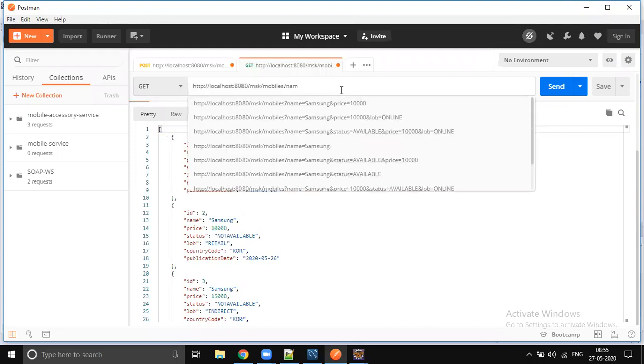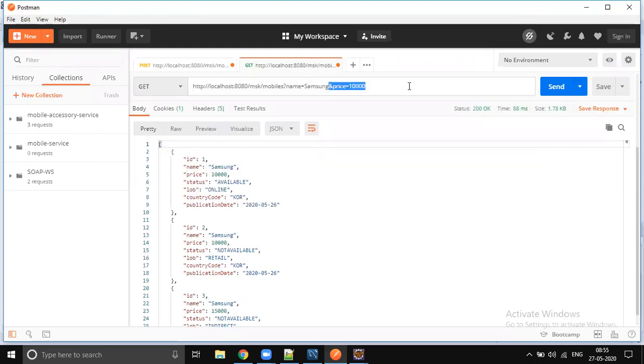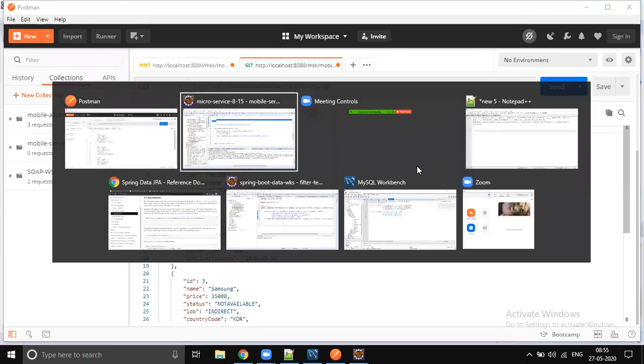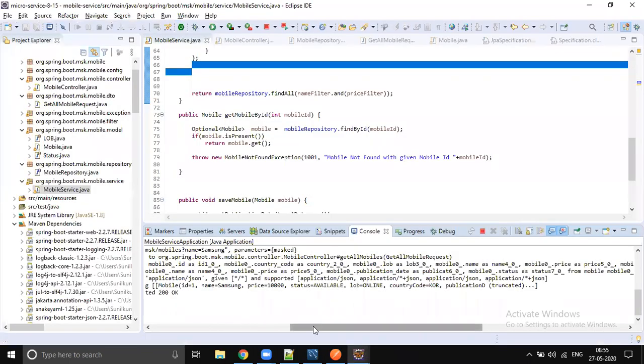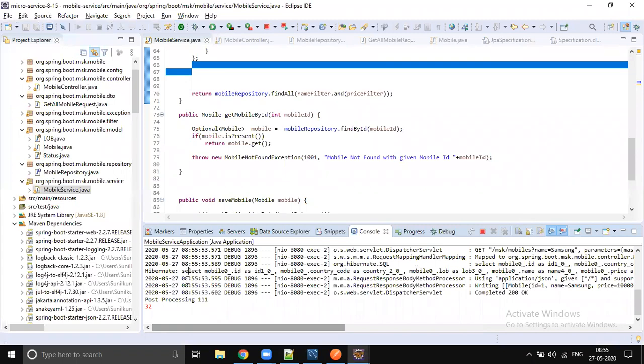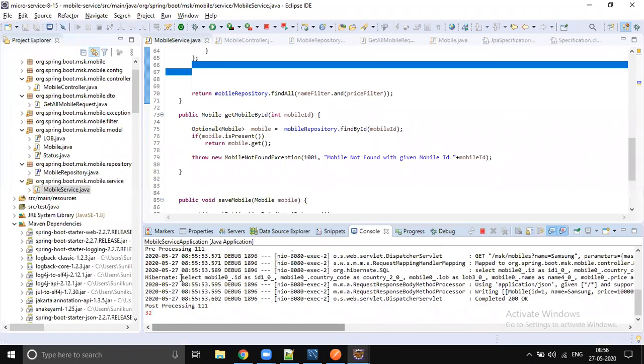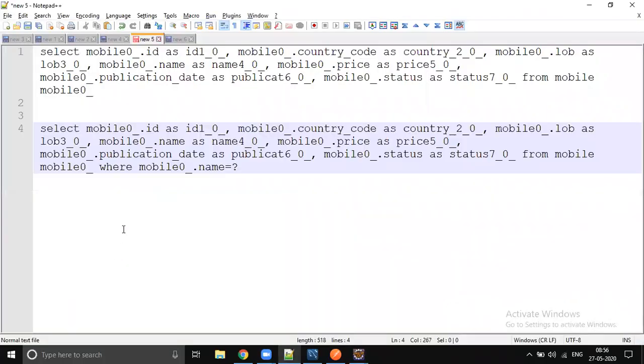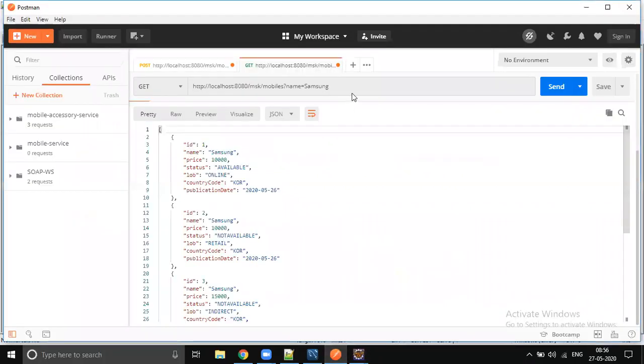only name. You see, only where condition, because only one filter we are applying, right? So where is enough. So it's going to print where this time. Yeah, one more select query. This time we should see where condition, right? Where mobile name. If you send only one filter, it's a where condition. If you send one more filter, price,